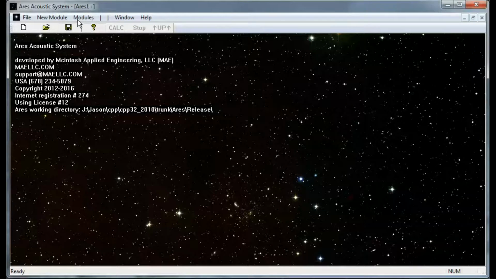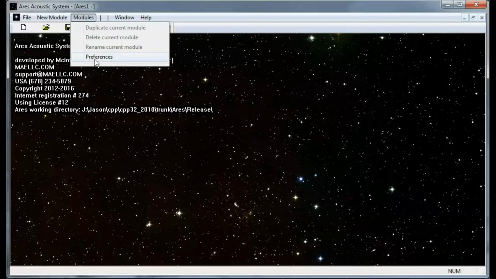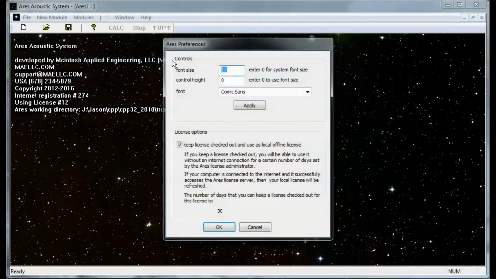Aries has a new option in the modules menu called Preferences. This dialog box, first of all, lets you change the size of the control font used in the various modules. So if on your computer the font was a little large, you can go ahead and change the size here. But what I wanted to talk about was this option to keep a license checked out